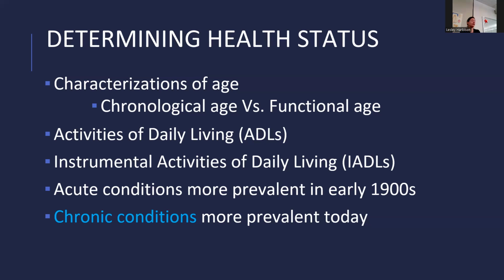So we want to think about their chronological age versus functional age. They may be very high functioning, and you take those things into consideration. Or you could have someone come in that's 55 who is very limited because of some chronic condition. Even though they're not elderly, they may be in that bracket just because of chronic conditions that they have. And then activities of daily living, I put these